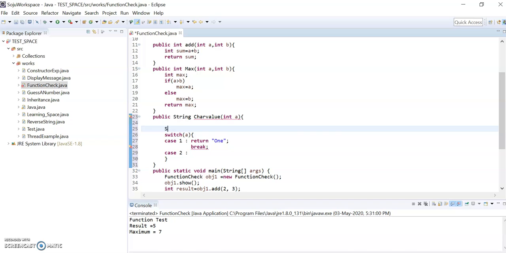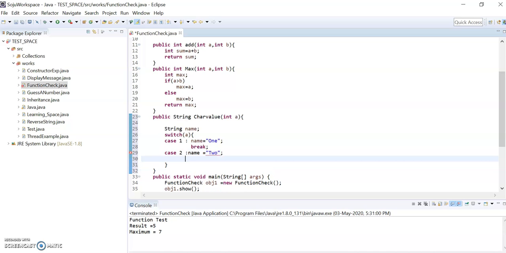We will create string val or string name. I am declaring string name, and I am assigning here, name is equal to 1, and break. If the digit is coming 2, the name is equal to 2. Then break.